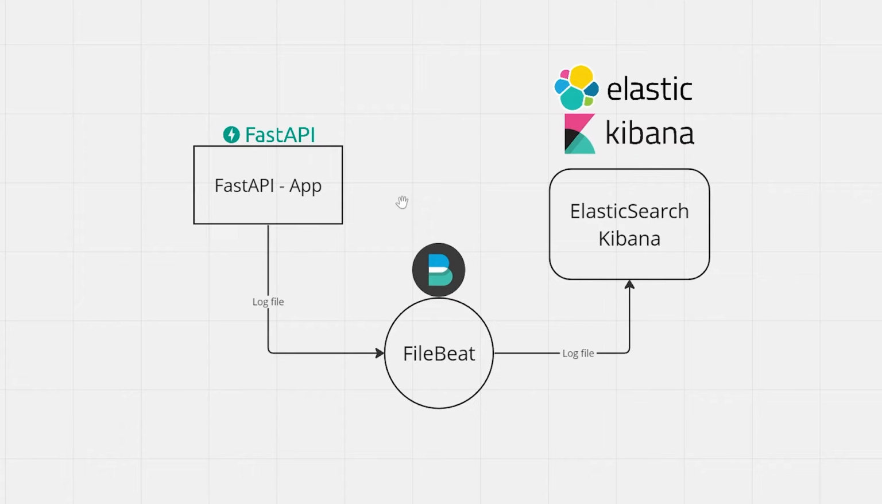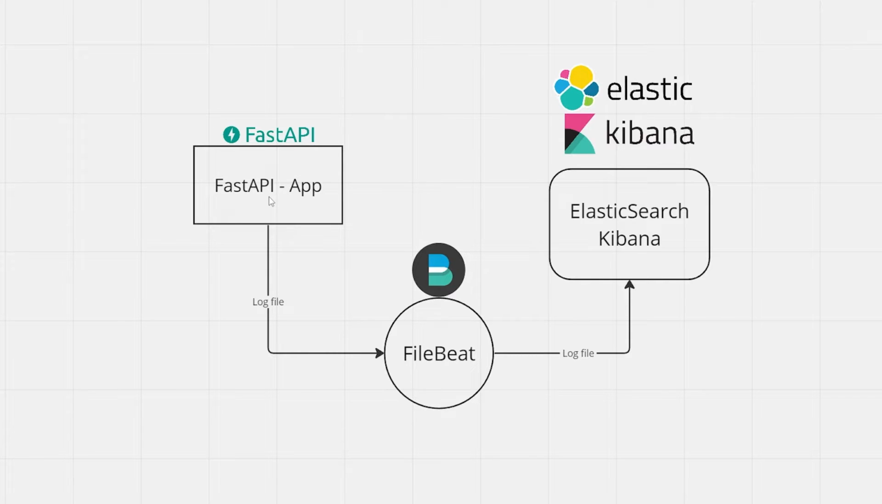Let's begin by outlining our learning agenda. First, we will start by getting acquainted with FastAPI, a lightning-fast Python framework for building RESTful APIs. Configuring logging: we'll learn how to configure logging in FastAPI to collect relevant data. Elasticsearch and Kibana: we'll explain what Elasticsearch and Kibana are and how we can use them to store and analyze